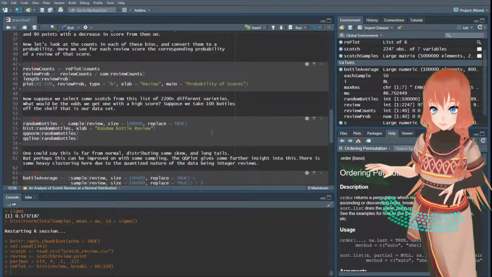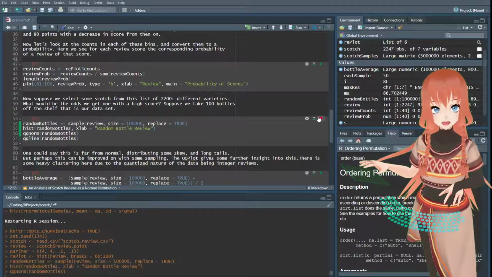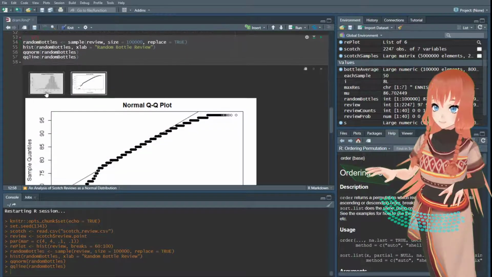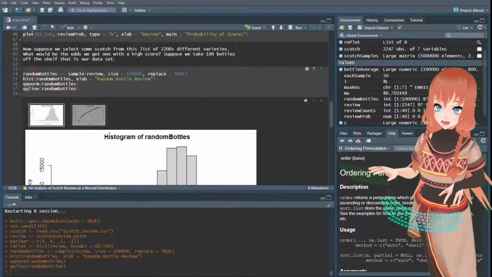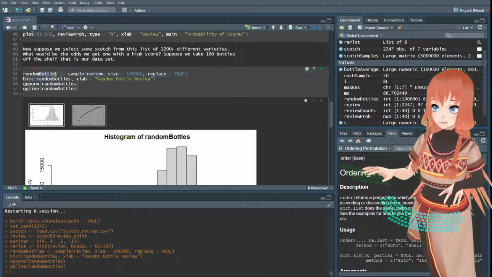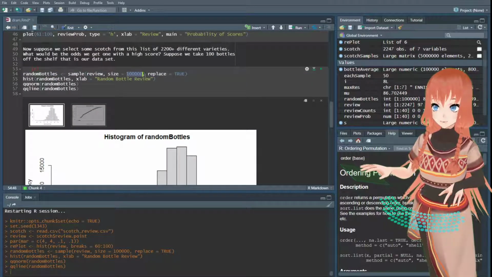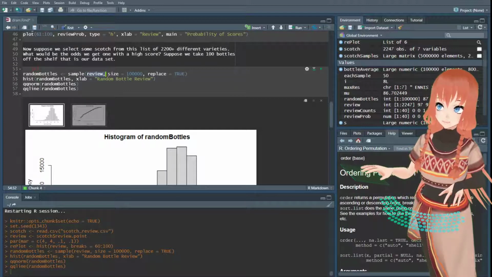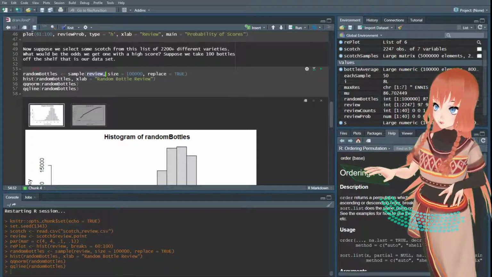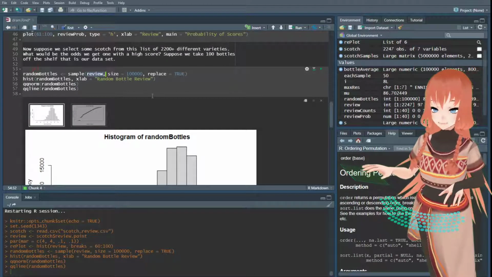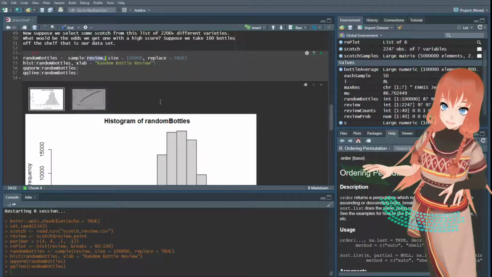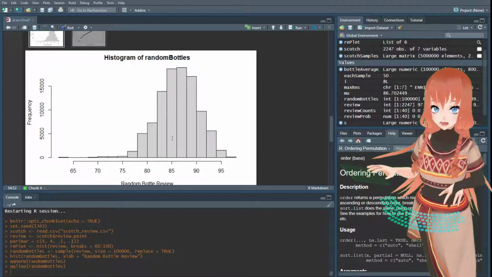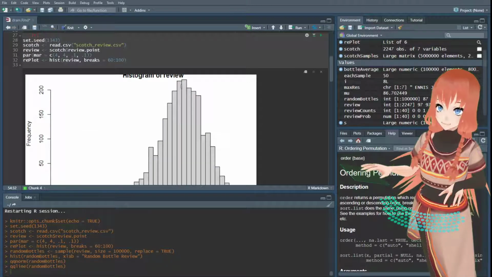What we're going to do here is take a sample of Scotches. So here in our second plot that's running, we have got a bar shelf. We're calling it random bottles, and we're going to take 100,000 random bottles from the review dataset, and we're going to make a histogram of the reviews that we get. We might pick the same bottle more than once, we might pick all different bottles, and you can see that most of the bottles are in that high 80s range,